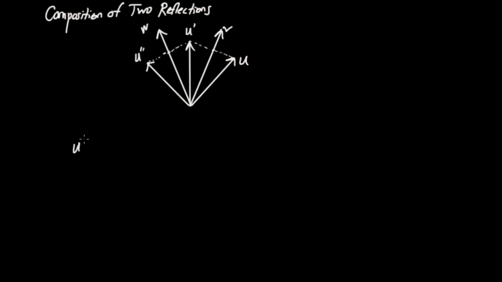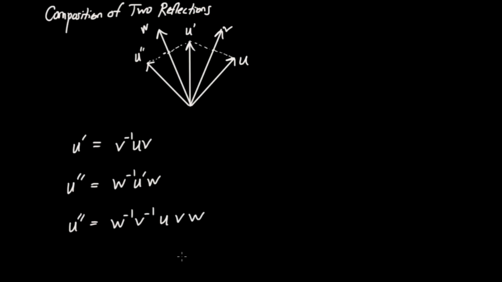So using our formula, for u prime, we're going to start with u, hit it on the left with v inverse, and on the right with v. Now, to get u double prime, we're going to start with u prime. We're reflecting it through w now, so I'm going to hit it on the left with a w inverse, and on the right with a w. Now, if I just substitute in for u prime, that was v inverse uv, I can also write u double prime as w inverse, v inverse, u,